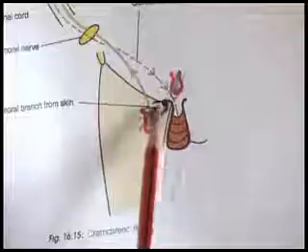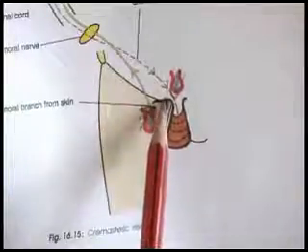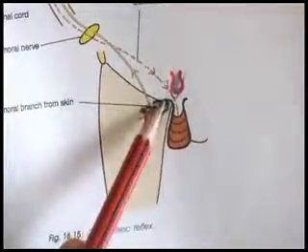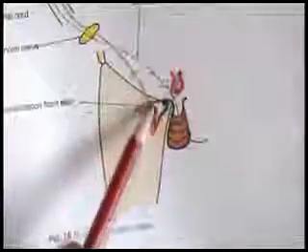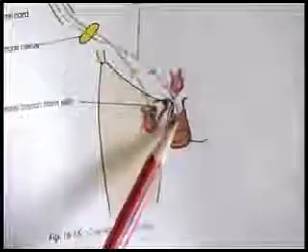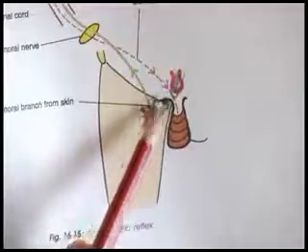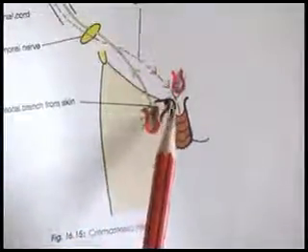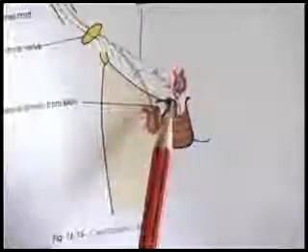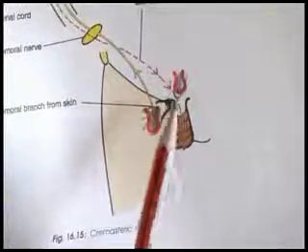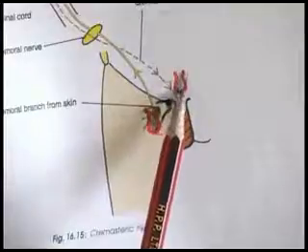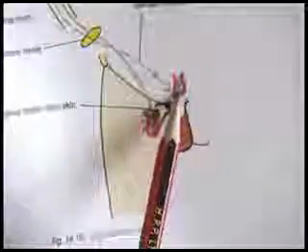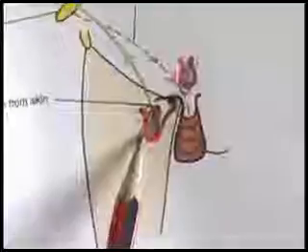Attachments on the pubis, pubic tubercle. The medial end of the inguinal ligament is attached. Then the ascending loops of the cremaster muscle are attached to the pubic tubercle. The pubic tubercle is an important landmark. Inguinal hernia is seen above and medial to the pubic tubercle, whereas the femoral hernia is seen below and lateral to the pubic tubercle.